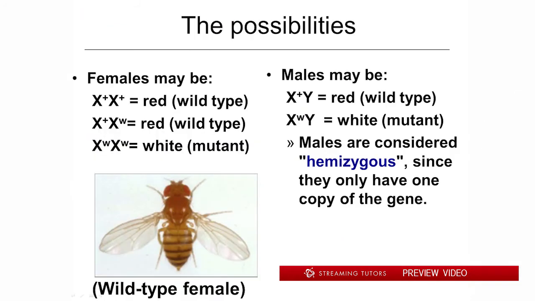So first of all, let's consider what the possibilities are. If you're female, first of all, perhaps obviously, you're going to have two X chromosomes, right? That's something that we've been leading into here that we've talked about in the last lecture or the last topic. And males are going to be XY. You may say, yeah, we know. But if an allele, a gene, is located